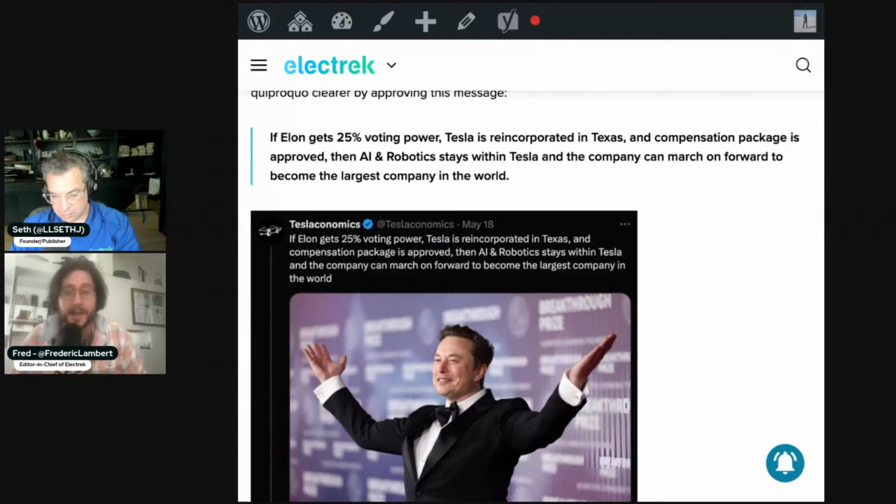And he put Tesla as an AI and robotics company, and he's made moves recently that push Tesla in that direction, slashing vehicle programs that are important to Tesla as an automaker, focusing on Robotaxi, which is an AI product, focusing on Optimus, which is an AI product. So all these things are, based on his own world, critical for the company. He even said, if you don't believe that Tesla can achieve self-driving, if you don't believe Tesla is an AI company, you shouldn't invest in the company. So now he's saying you should invest in this company. And by the way, I won't do this product at Tesla if you don't give me 25% of the company,